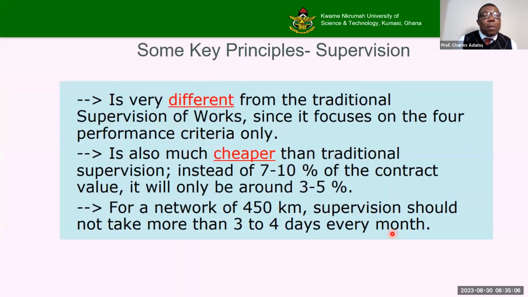And when it's supervision, this is different from the traditional supervision of contract. So it focuses on the performance criteria. So the job of the supervisor is to focus on this. He has to certify the work, but he needs to do enough checks to be able to know that what we are doing, we are achieving the right output, but is more concerned about the performance level. Now, it is much cheaper than a traditional supervision. So he's not supposed to spend as much time on the job. And therefore, he has generally about 10%, but let's say 15% of what the traditional consultant is supposed to do.